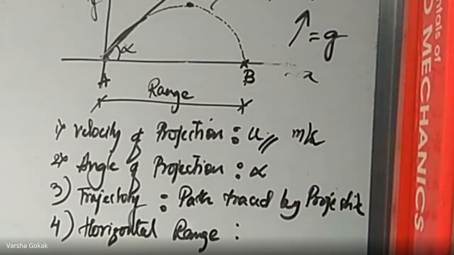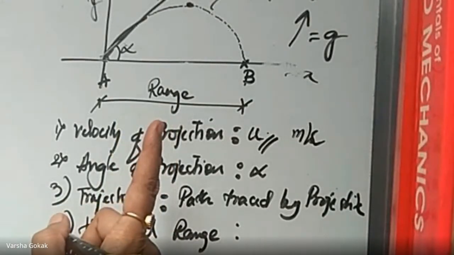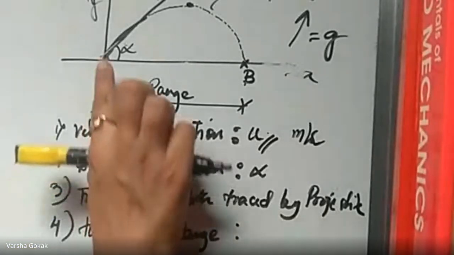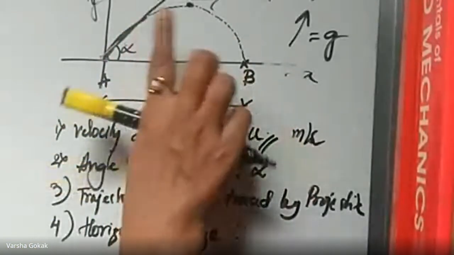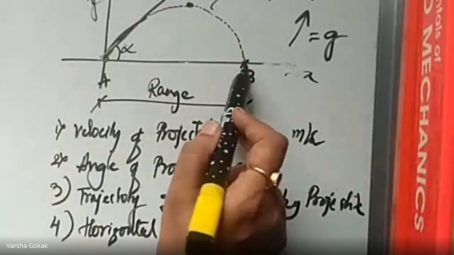Is it a path? It is the part between the start and the end point. Correct, but you will not call it a path. It is a distance. Okay. Path is something like this. Path traced by road. Road is a path. Pathway. Correct. This is between A and B.